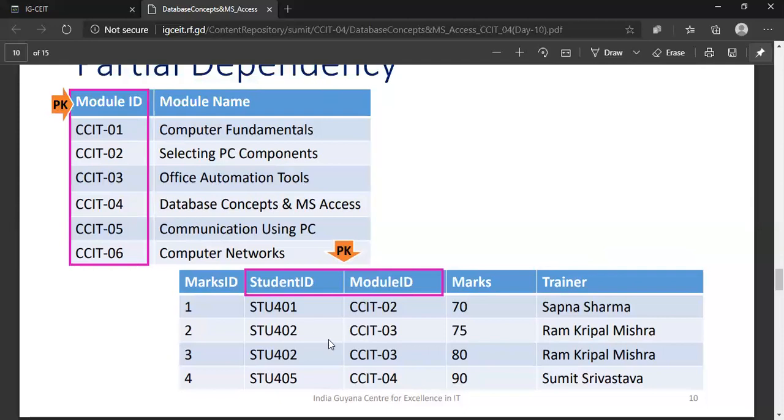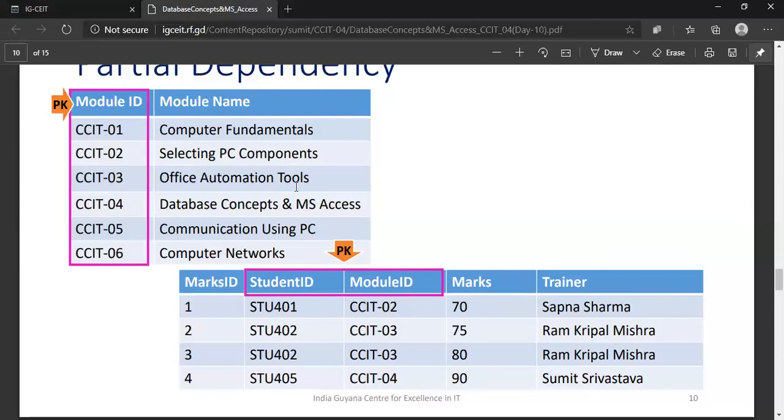I don't need student ID to see the module name. I just need a module ID to see the corresponding module name, right? So to see the name of the module, I'll use a module ID.